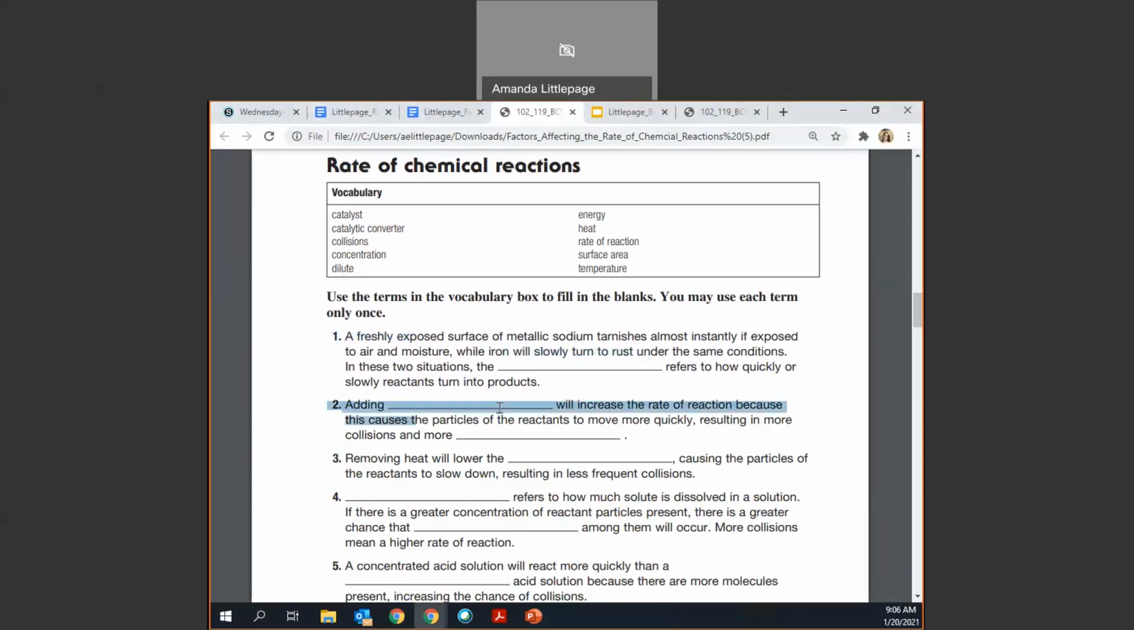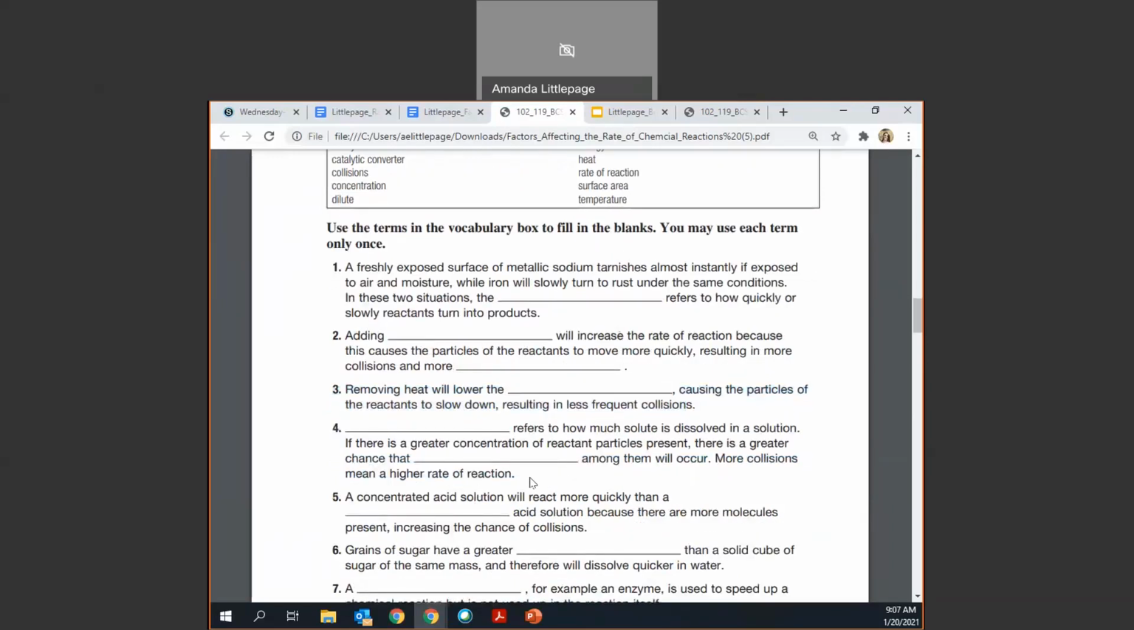Number 2, adding heat will increase the rate of reaction because this causes the particles of the reactants to move more quickly, resulting in more collisions and more energy. Number 3, removing heat will lower the temperature, causing the particles of the reactants to slow down, resulting in less frequent collisions. Number 4,